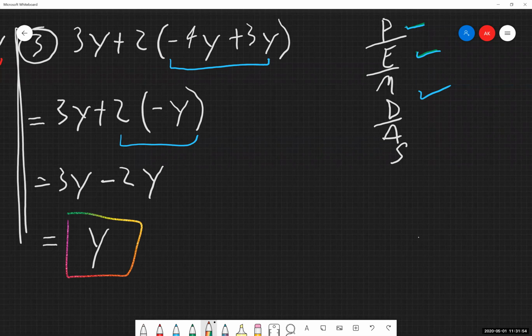You are rarely, if ever, going to see this answer written out as 1y. You're being asked on the homework, fully simplify your answer. You get down to, well, I have 1y as my final answer. They are looking for just y. It is assumed that having just y written down or just an x written down, that there is a coefficient of 1 in front of it. Again, those invisible ones that show up everywhere. We have our final answer there.